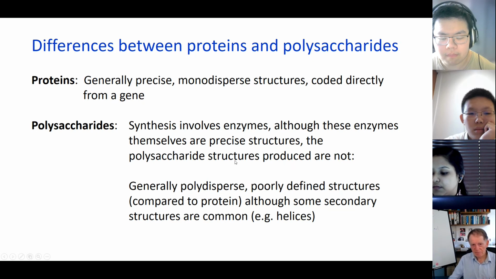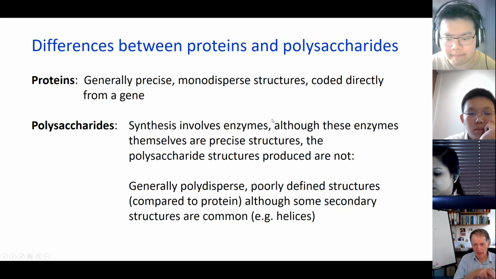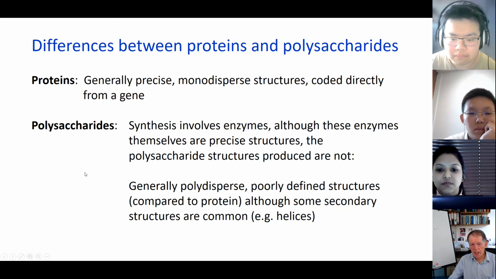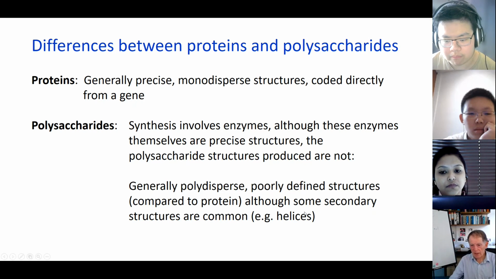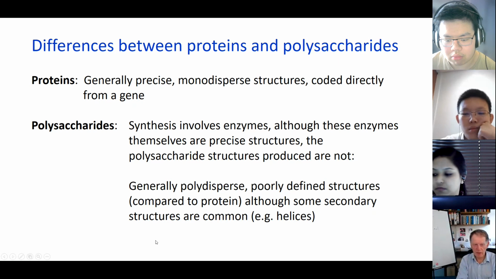Polysaccharides, their synthesis involves enzymes, like proteins, polymerases and things. And although these enzymes themselves are precise structures, the polysaccharide structures produced are not, because there's no genetic template involved in the synthesis of polysaccharides. So that means they are polydispersed. They have a distribution of molecular sizes. And generally speaking, they are poorly defined structures compared to compact protein molecules, although you can get some secondary structures, the formation of helices